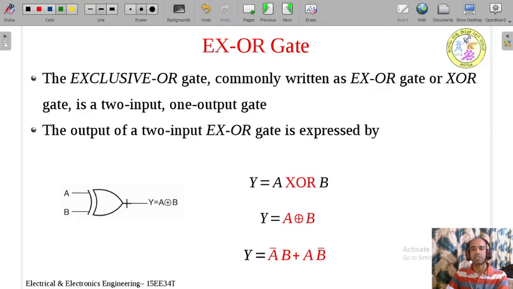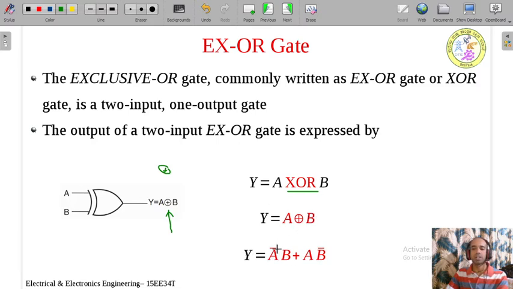So how to represent the XOR operation mathematically? That is nothing but y is equal to a XOR with b. You observe the symbol. This is the XOR symbol, plus and circle. This is called the modulo operator, plus with circle. So mathematically we can write y is equal to a XOR with b, or this is also equal to y is equal to a bar b plus